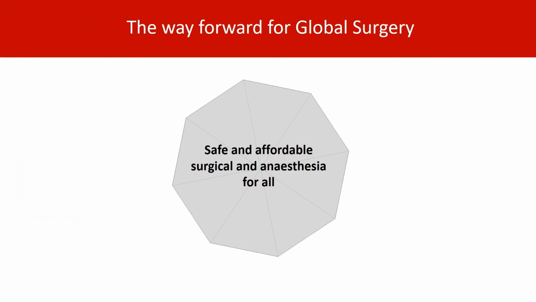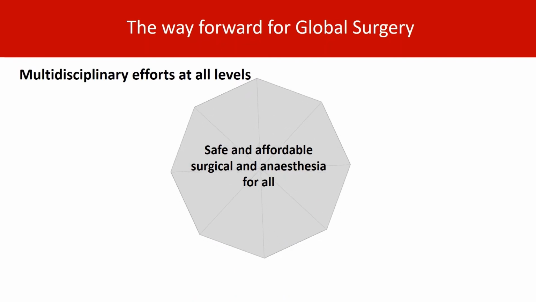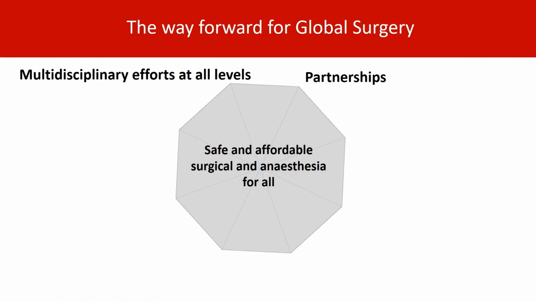What are the next steps in global surgery? To achieve safe and affordable surgical and anesthesia care for everyone, everywhere, whenever needed, multidisciplinary efforts are needed on all levels, with a mixture of bottom-up and top-down involvement, dynamic stakeholder engagement, and leadership by ministries of health. The international community should transition to a coherent movement, recognizing and including surgery and anesthesia as integral components of universal health coverage and primary care, in order to strengthen overall public health.